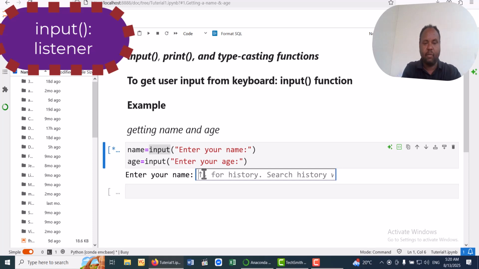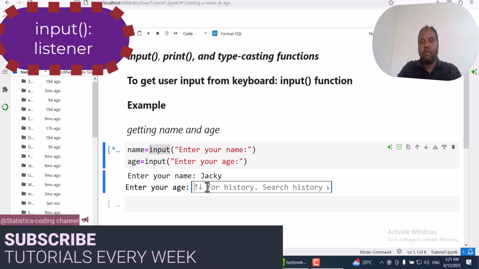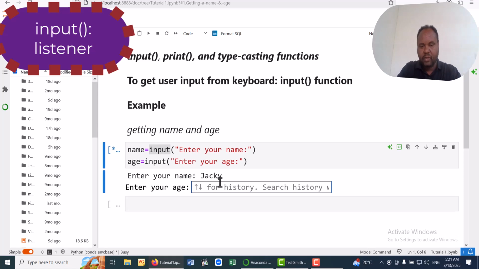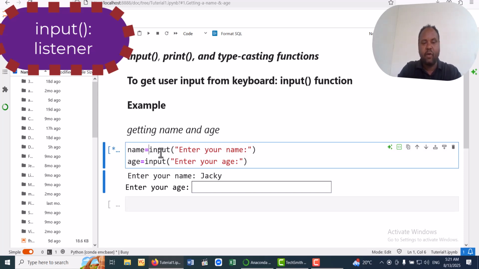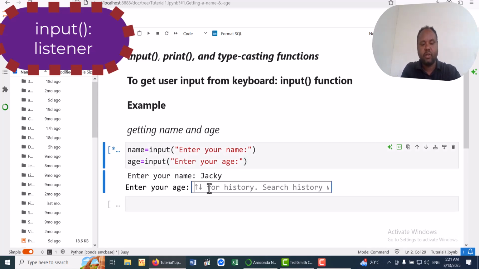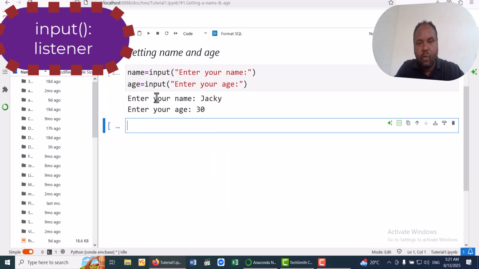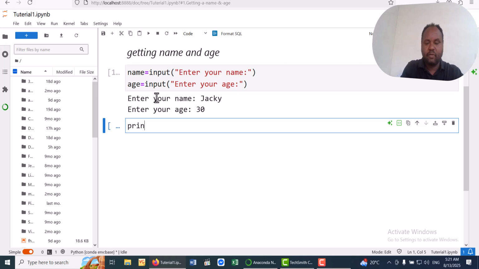For example, the name of a person is, for example, Jackie. Enter. It is not enter and shift but only enter, so that the entered value is assigned to this variable. Then the next code executes, requesting the user to enter age, 30. Therefore, to display what is entered into name and age, we make use of the print function, meaning displaying